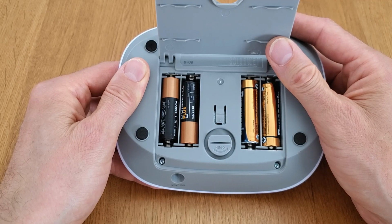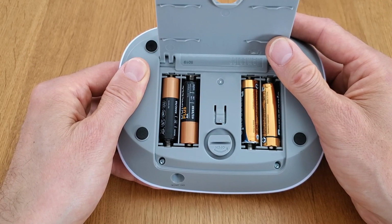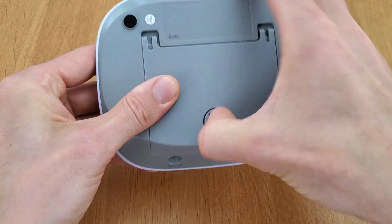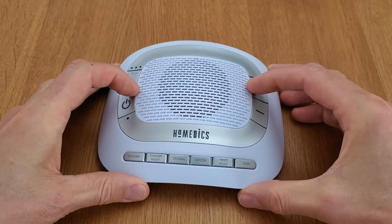So you can have it either with the power adapter plugged in if you want to, or you can just use it with the batteries. And that's a great option if you want to use it away from a power outlet and you don't want it plugged in, or as a backup as well in case you have a power outage, then the batteries will automatically take over. So let me close that up, turn it over again, and now let's have a listen to